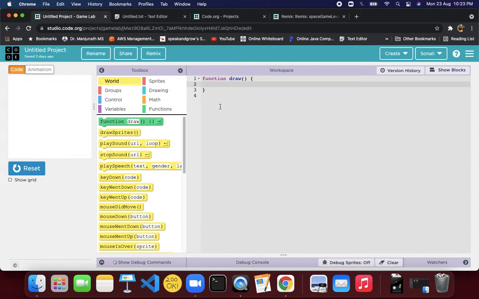Then on the right side we have the workspace. Workspace is nothing but our coding area where we will actually write our code using this toolbox, and we will be able to see the output in the simulator.